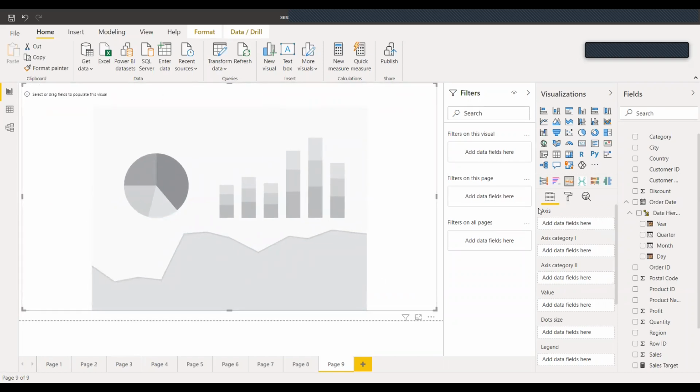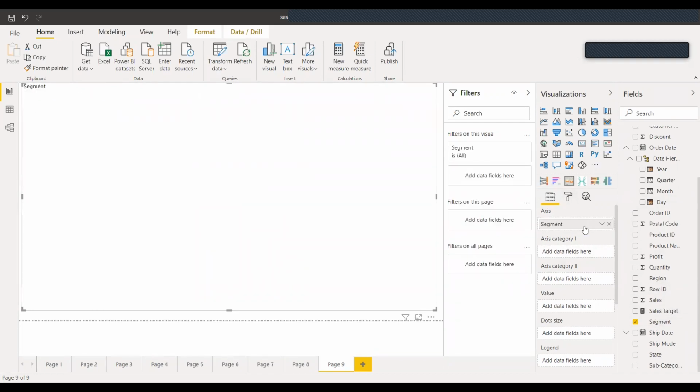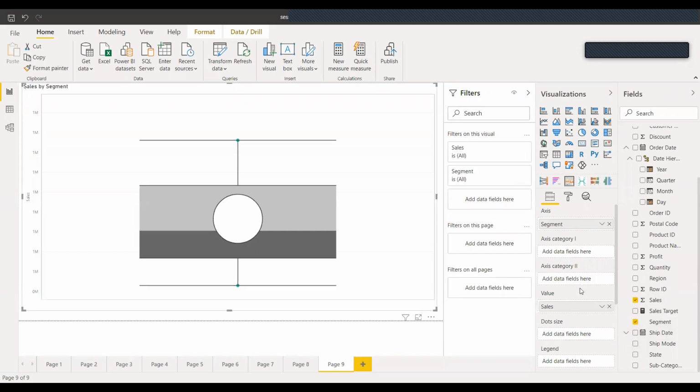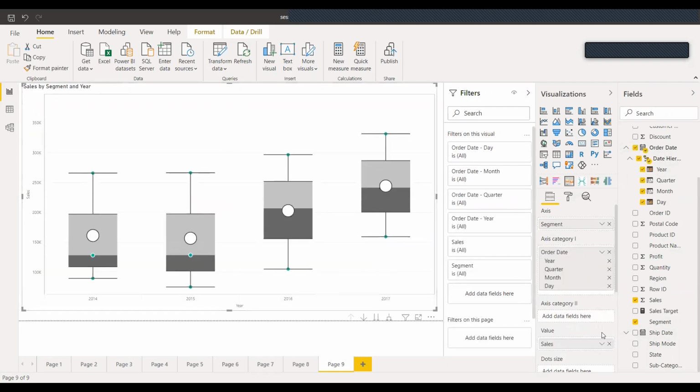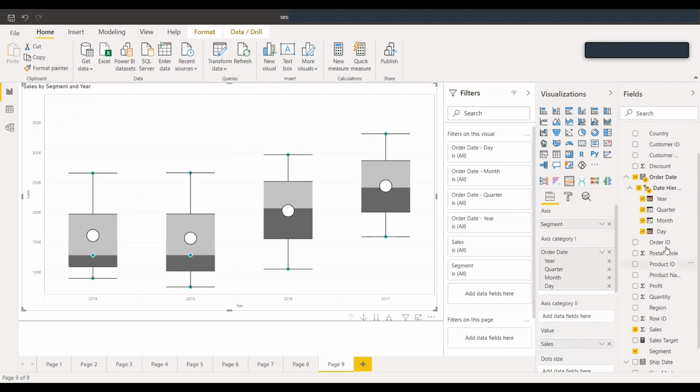First thing, it asks for the axis, on which axis you want to build it, so let's say we go by segment. Then it will ask for the value. So let's take sales as a value, and let's take our order date as the axis category, and to complete it, I will take product category as well.